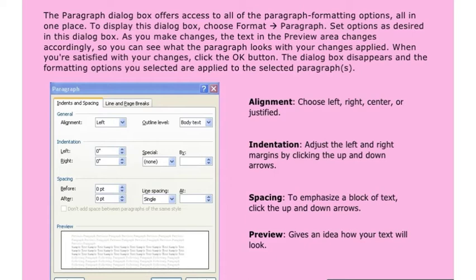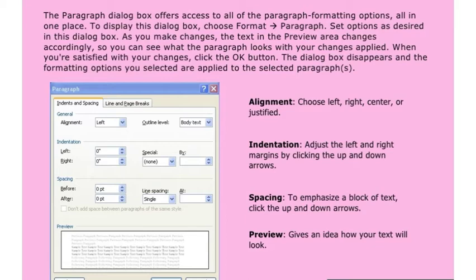Now, alignment. There are four types of alignment: right, left, center and justify. Indentation. Adjust the right and left margin by clicking the up and down arrows. Next, spacing.